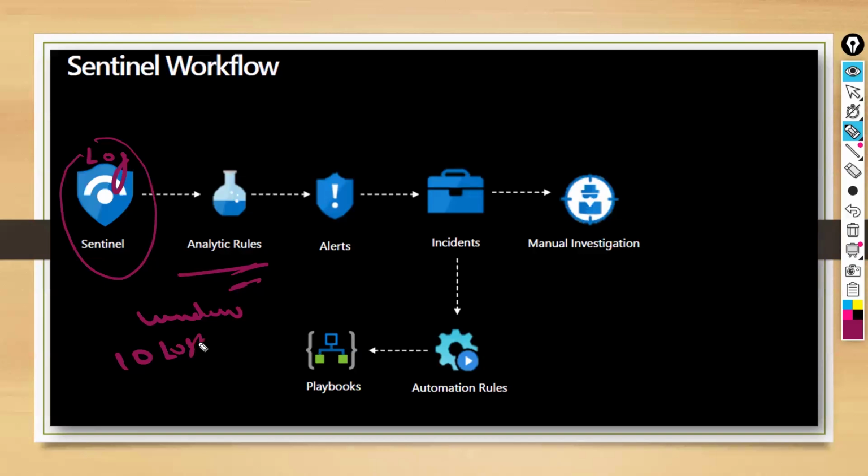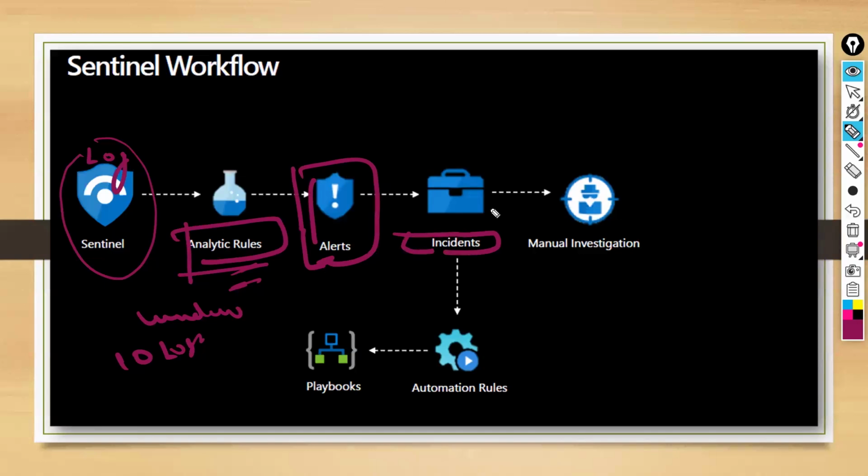So you need to define some pattern to block that. That comes with the analytics rule. You define that pattern, analytics is there, right? Alert. An alert has been generated. Incident, right? Sentinel is going to generate the alert and then also generate the incident. We are going to see all these things in a demo, right? You can do manual investigation as well, right? There is hunting. You can do that hunting by yourself, right? And then